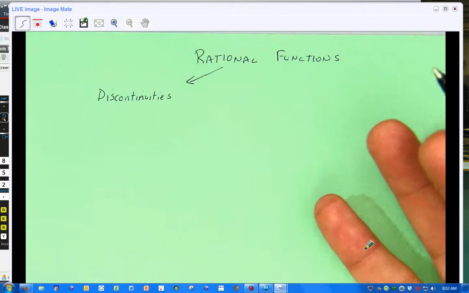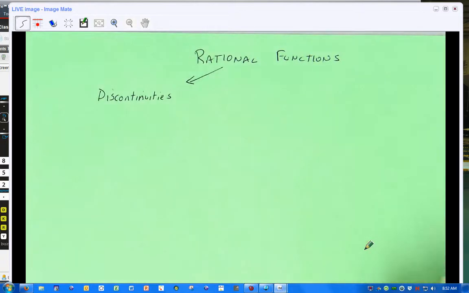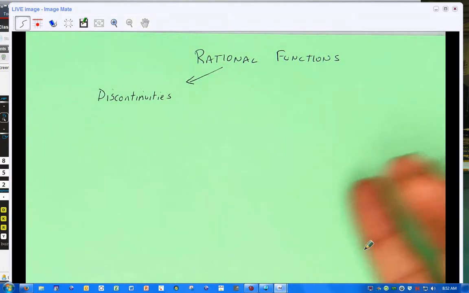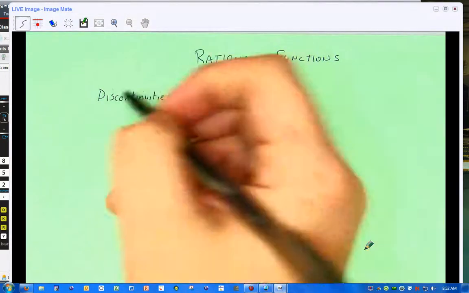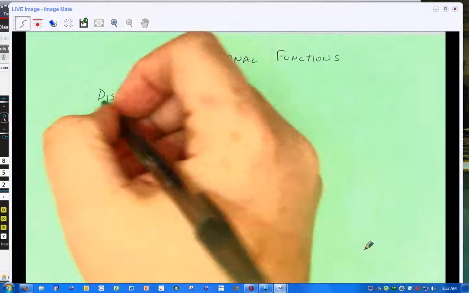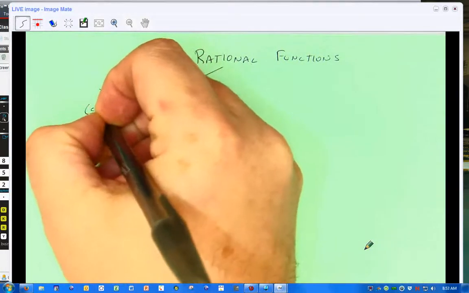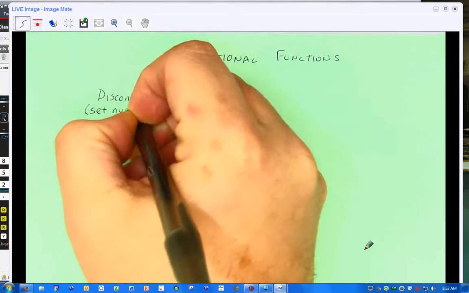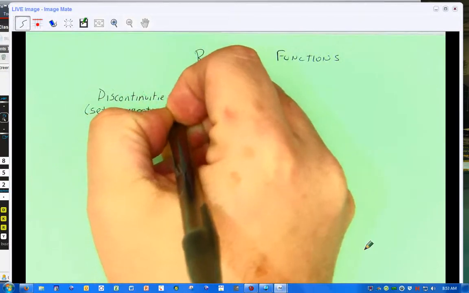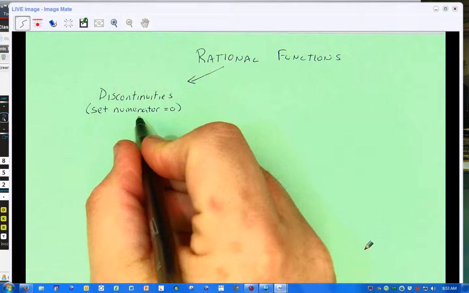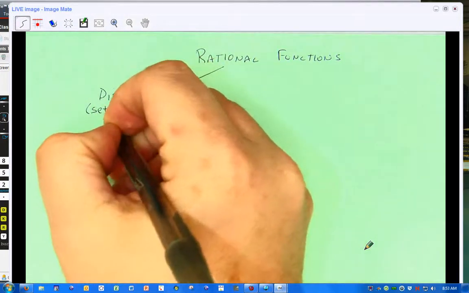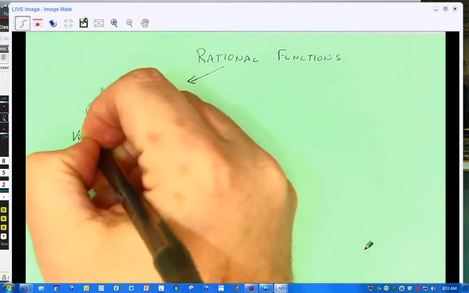But you need to be able to discern the difference between these different types of discontinuities. They're not very difficult to find. Usually what you're going to do is set the denominator equal to 0, and every x value that makes it equal to 0 is going to be a discontinuity. Now they fall into two categories: the vertical asymptote,